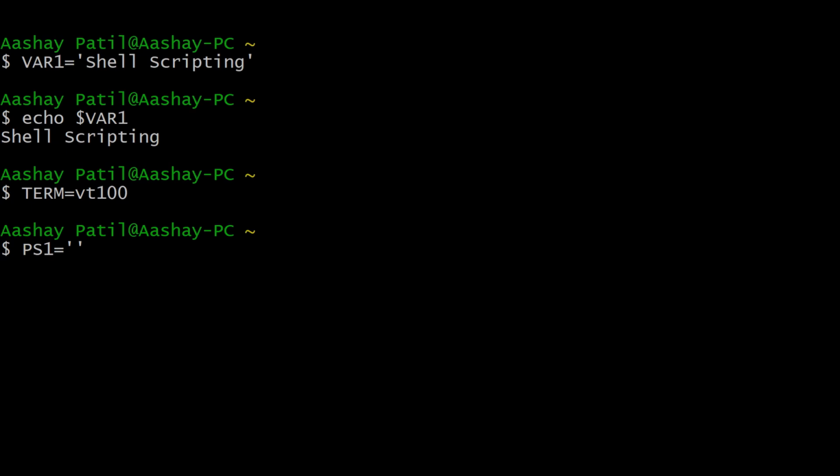If you give an equal to sign, it will change the prompt to equal to going forward. After hitting enter, as you can see, the dollar symbol has been replaced by the equal to sign. You can do that similarly for any symbol or any character. As you can see, it can also store characters and numbers as well.